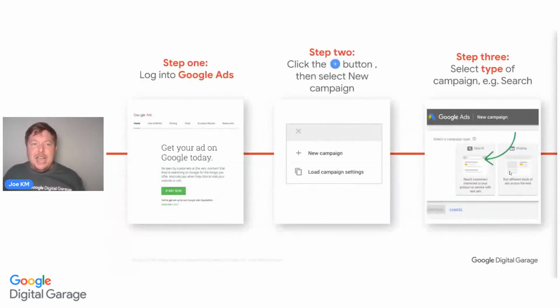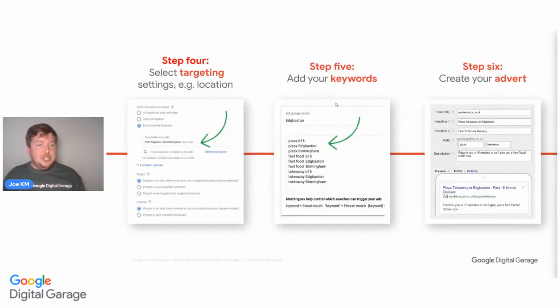So putting it all together, how can we do this? The first thing you need to do is go to Google Ads, start a new campaign, go to search, and make sure you choose a search campaign. Once you've done this, you can choose the area so you're not presenting it to the whole country. You're only presenting to the area that are interested. Otherwise, you can waste your money. So type in, for example, Edgbaston. You can put that into your exact targeted location. Now add your actual ad group name, start to add your keywords, and then create the actual ads.